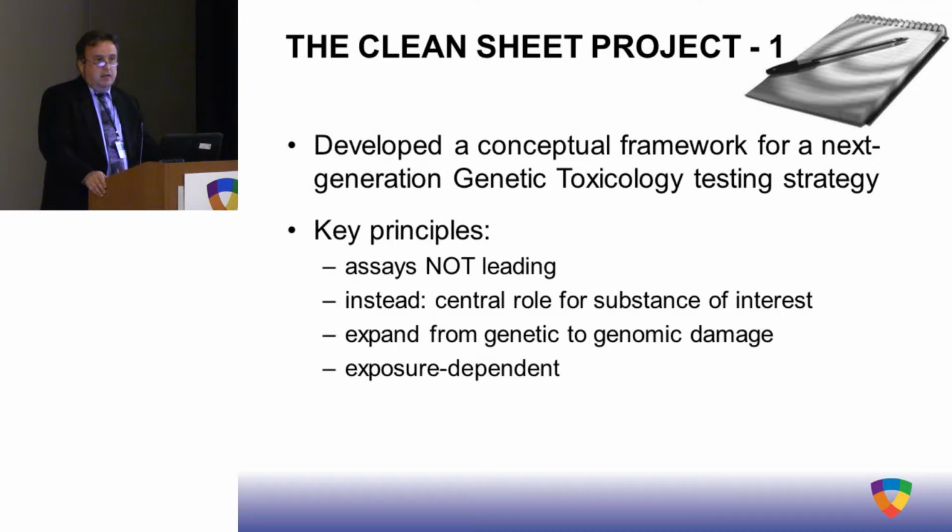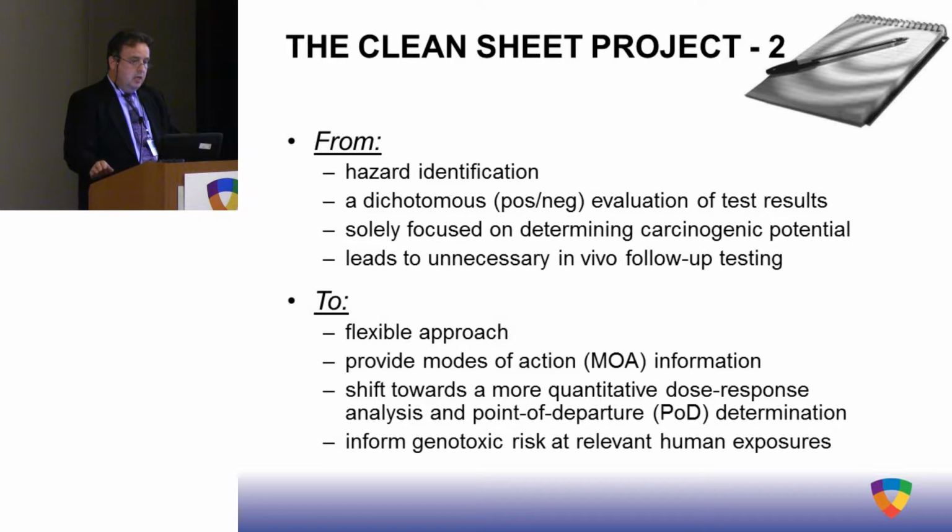And again, in the past gene tox didn't really care about exposure. It was pretty much a plus-minus assessment, and we wanted to make this a little bit more exposure dependent. So what we really tried to do is go from a strict hazard identification and the dichotomous positive-negative evaluation of test results that was solely focused on determining whether or not a compound has carcinogenic potential,